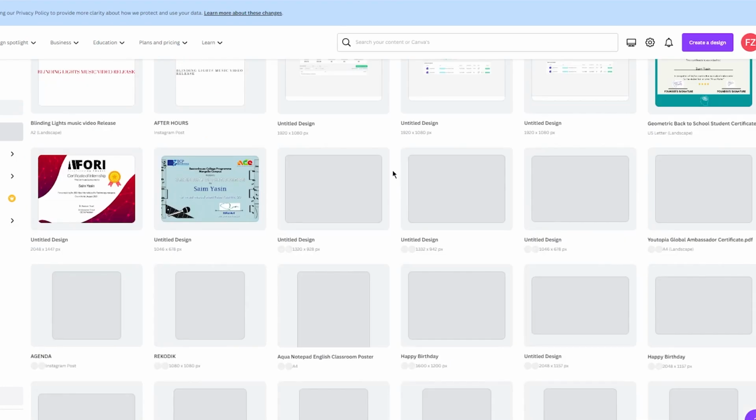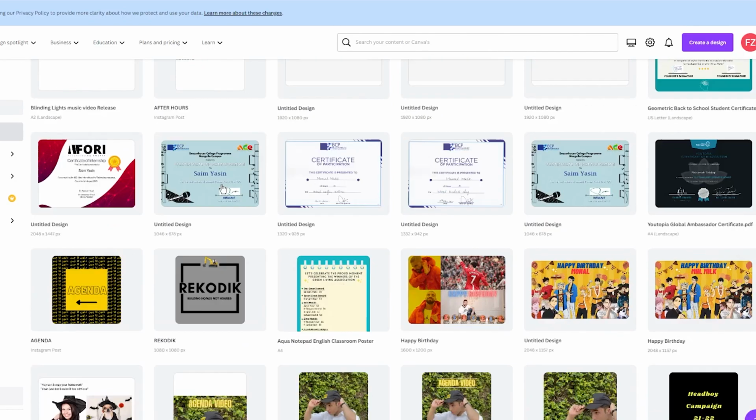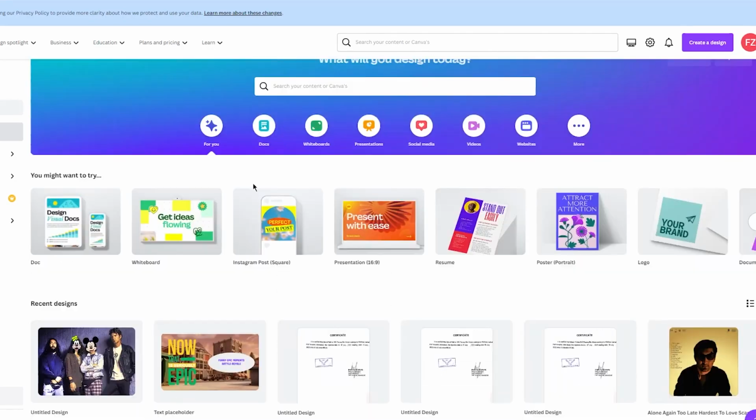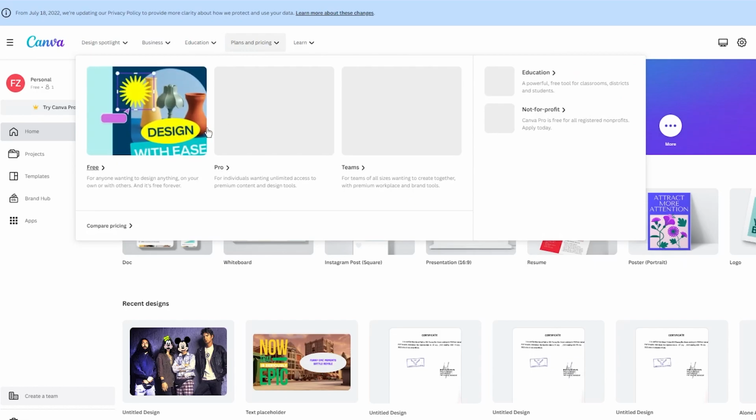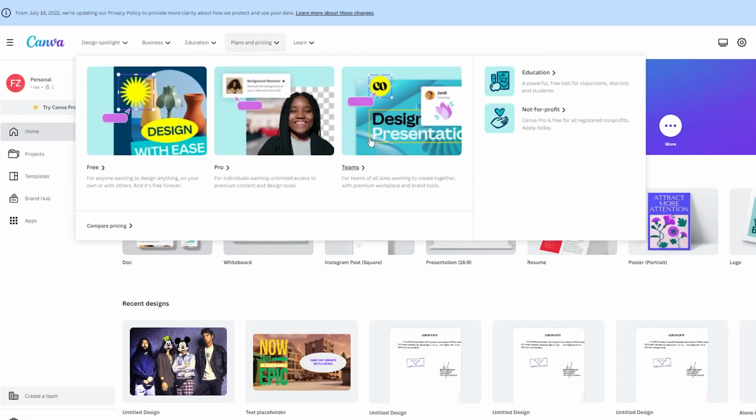Currently I'm on the free plan because I don't really need the pro plan. But if you want to go ahead and take the pro plan, that's totally dependent on you. You can check it out in the plans and pricing. It's a really simple, easy thing, and you can go ahead and check it out if you want to. But moving on, we're going to learn how the interface